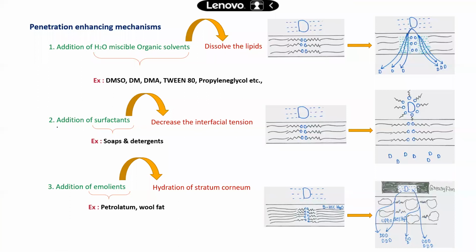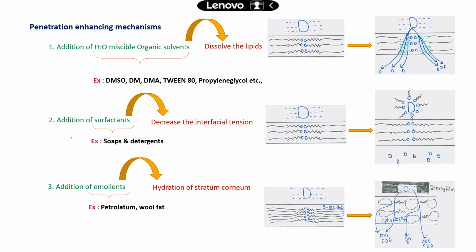Next one is without disturbing the lipids. How can I increase the penetration of drug through skin? Drug means hydrophilic drug. Skin means stratum corneum, because that is the only rate limiting barrier. Once the drug has crossed the lipophilic layer, the remaining region is friendly with the drug, because that environment is polar, and the drug is also polar. That's why it jumps into the blood. So the major difficulty faced by the hydrophilic drug is only at the lipophilic layer, that is stratum corneum.